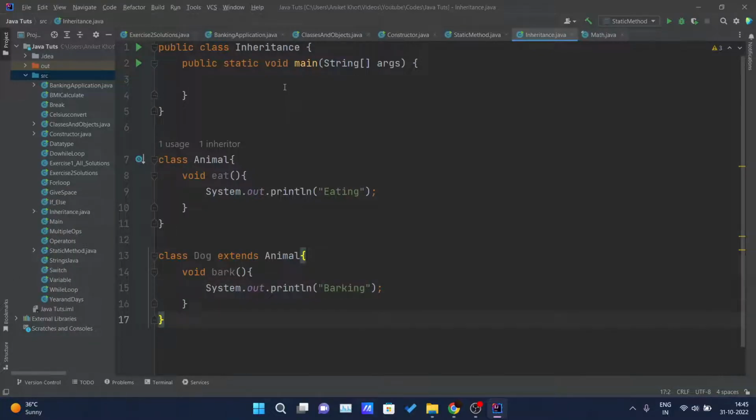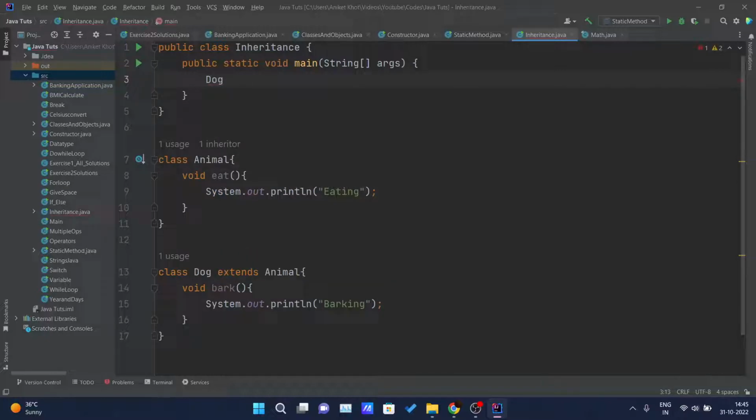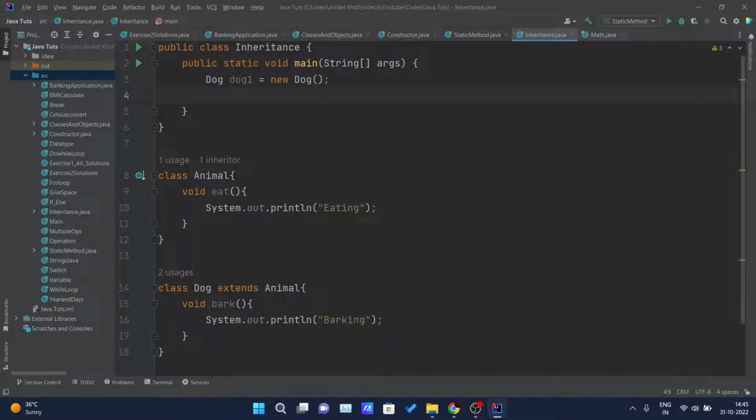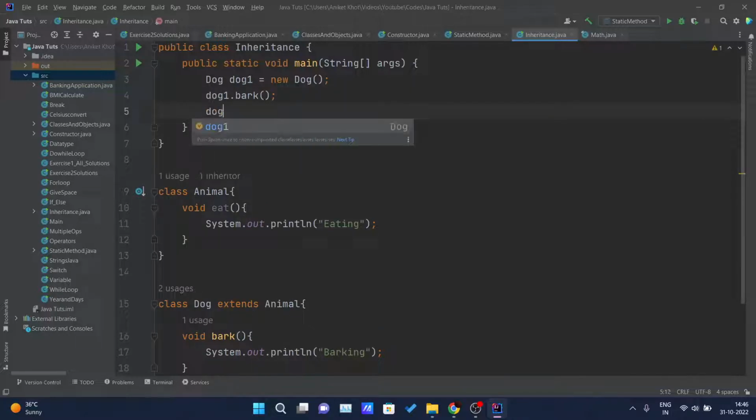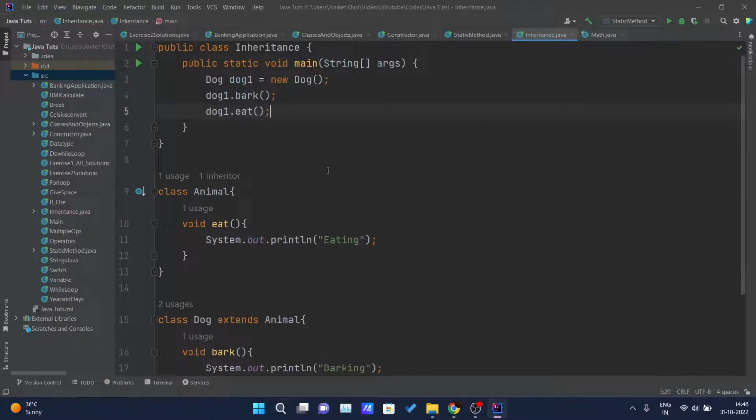Now inside my main class, that is the inheritance class, and inside my main method, I will create the object of the dog class. Let me call it dog1 equals new dog. I have created the object of the class, and I will write dog1.bark and dog1.eat. Now if I run this class,